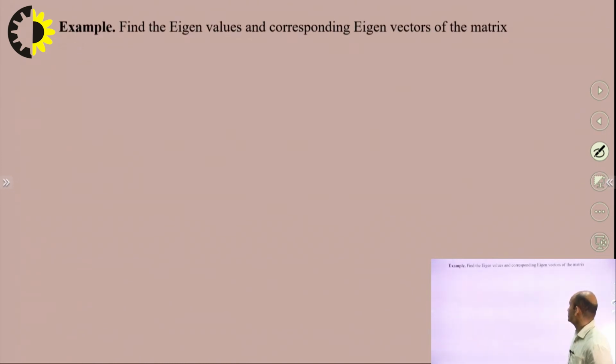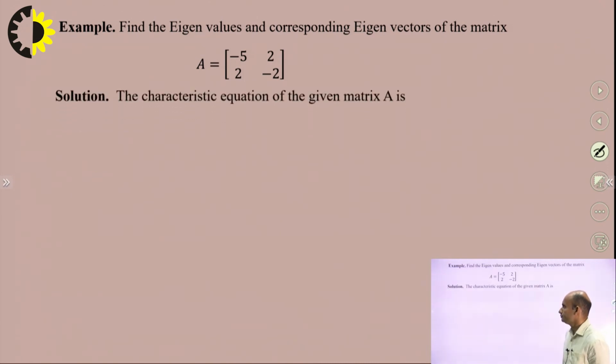Now, we have some examples here. First, we have an example of order 2. Find the eigenvalues and corresponding eigenvectors of the matrix. We have a matrix of order 2 by 2, and first we have to find the eigenvalues. For this, first we have to find the characteristic equation, and since we have a matrix of order 2 by 2, we can directly find